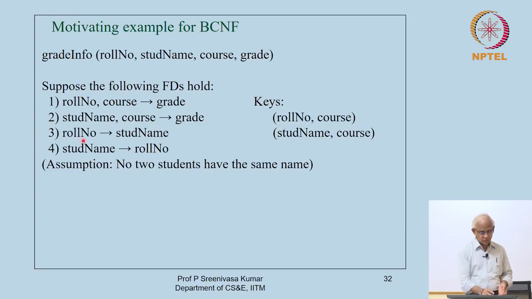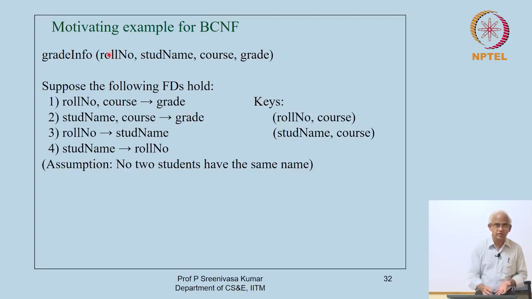Now, this one is not a super key, it does not even contain a key, but the right hand side is a prime attribute. So for both of these, the concession we gave for prime attributes will cover them. All the functional dependencies actually satisfy the third normal form condition,